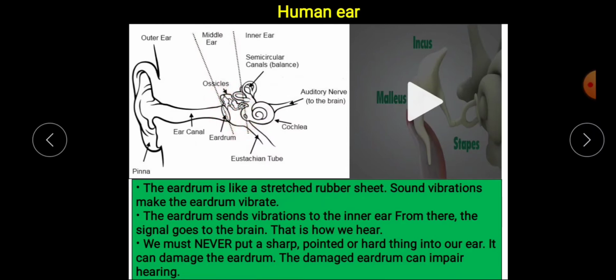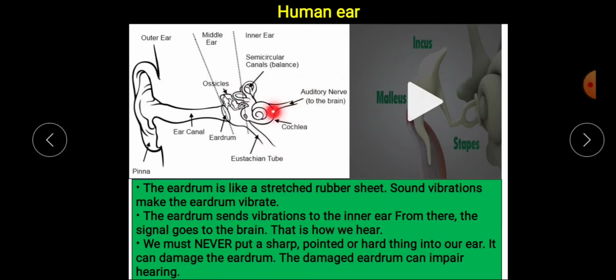As we go inside from these three bones, we will see these canals, the semicircular canals, which are responsible for the balance of our body. And this round circular structure, isn't it like the shell of a snail? This is called the cochlea and the eustachian tube. All these comprise our inner ear, and this cochlea sends the message through the auditory nerve.